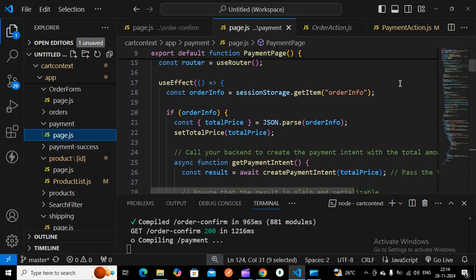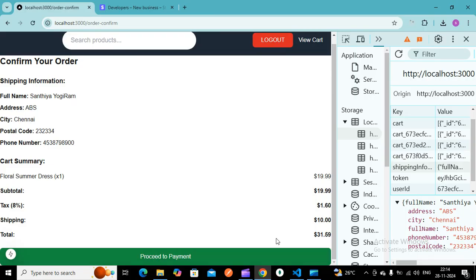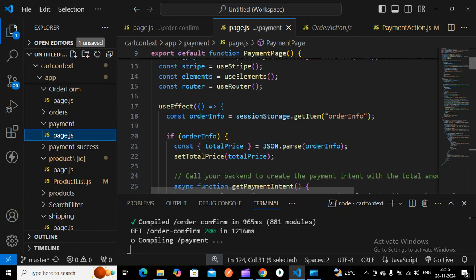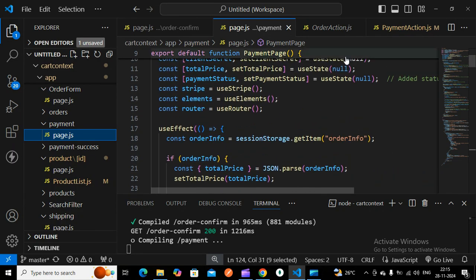Once that particular order info is available, then I have to parse this particular order info. I have to take that particular total price, so that this total price 31 rupees we will be getting in the payment. I have to pay that particular 31 rupees. So for that, I need that particular total price. Using this useState variable, I'm storing this in the total price here.